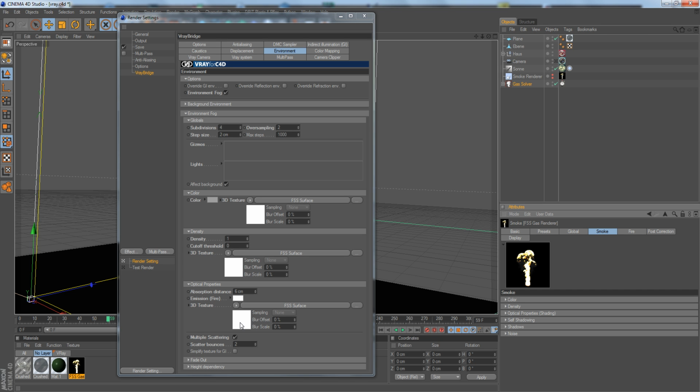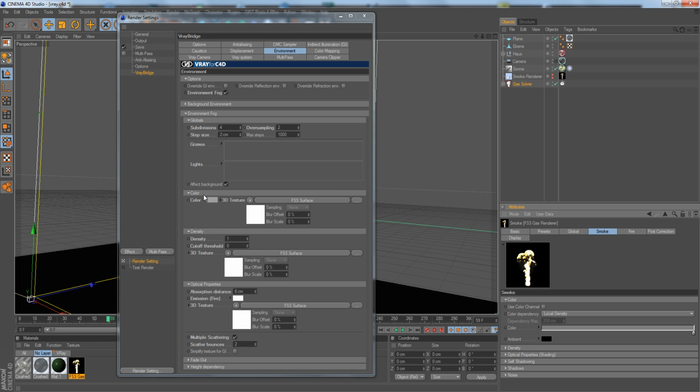But okay, it's of course not the same, but as everything is defined via the shaders that we put in these slots, as I would call them, for the color it would be this here, for the density, and for the optical properties that we also see here, so the shading actually. Well, as you can see, I already have them in here, and I have some settings already set. As this is not a VRay tutorial, you probably want to set this yourself or look up what these settings actually do